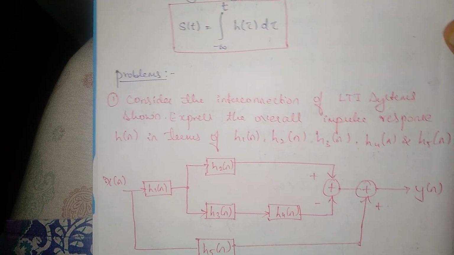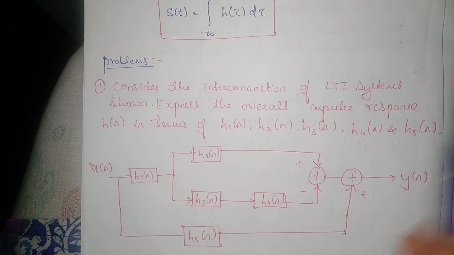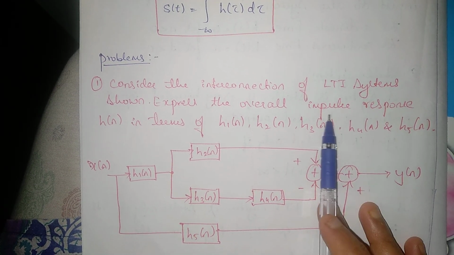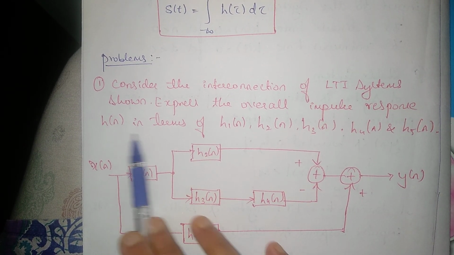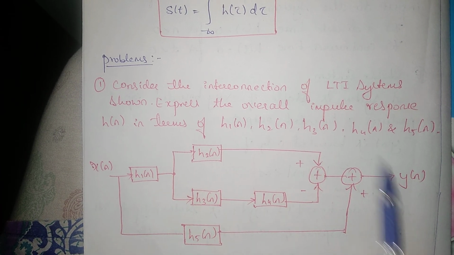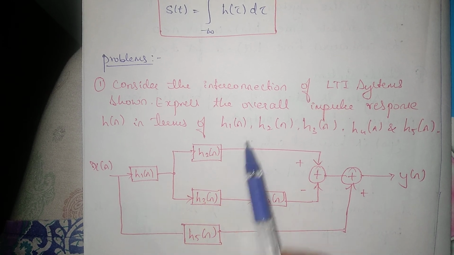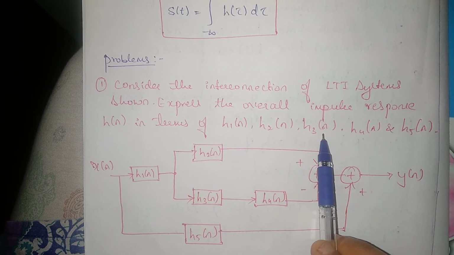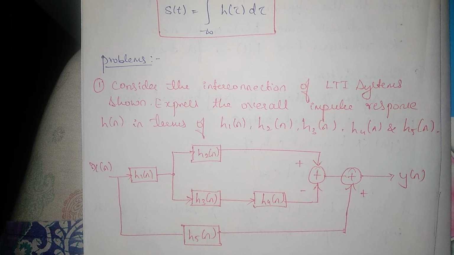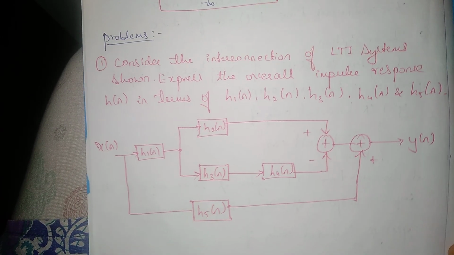Here we have one problem, that is interconnection of LTI systems. The overall impulse response, this whole thing, is h of n. We need to write h of n in terms of h1 of n, h2 of n, h3, h4 and h5 of n. So we can write it as,